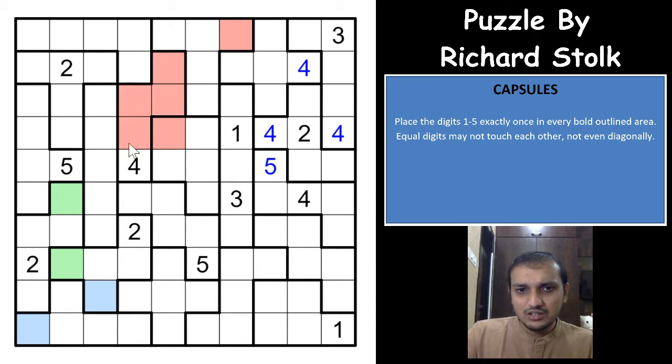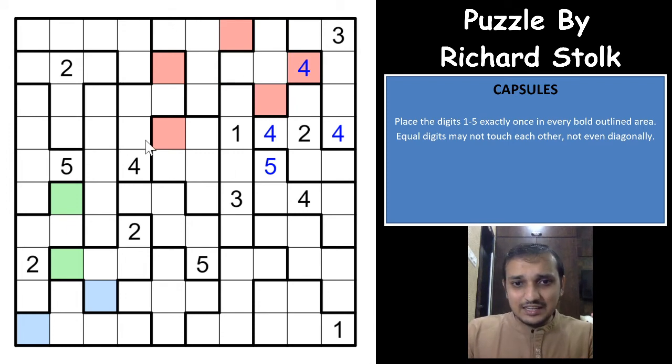Because in this region, you cannot have the same digits orthogonally adjacent or diagonally adjacent, whatever you have here will have to be here, and whatever you have here cannot be in any of these 4 cells, will have to be here. Whatever you have here cannot be in any of these 3 cells, will have to be in one of these 2 cells. But I can see that this digit cannot be a 4, because it's diagonally touching this cell, which means that whatever you have here cannot be this cell, it will have to be this cell, because it cannot be a 4, and which means that red cells cannot be a 4, and this cannot be a red cell now, so it would have to be this, and whatever you have here will have to be in one of these 2 cells.